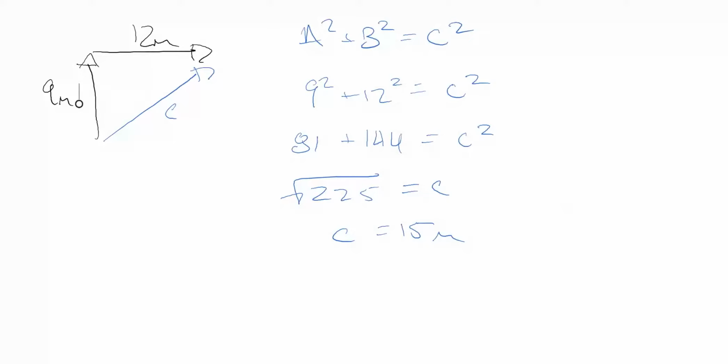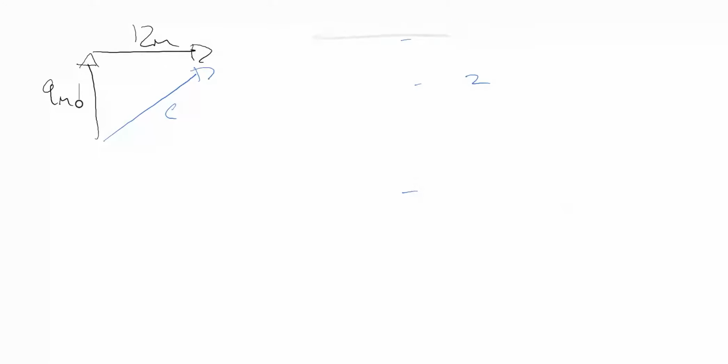So when you're adding them together, you just add both sides of the square using the Pythagorean theorem and then take the square root in order to solve. Another type of vector is doing the opposite. So here,